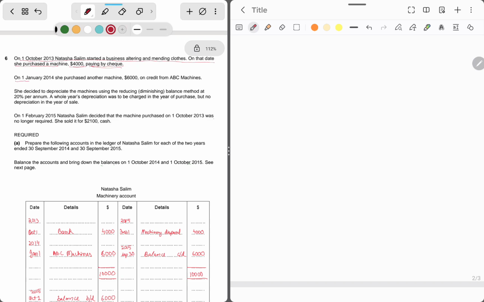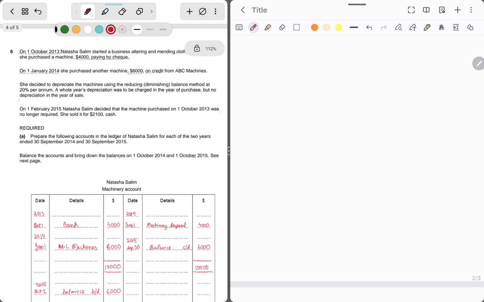Next, on 1 January 2014, she purchased another machinery, $6,000 on credit from ABC machine. Okay, so this was by check, and this purchase has been made on credit. Okay, so she decides to depreciate the machinery. Let me highlight the important points. Okay, this is the date, this is the purchase, this is the date, this is the amount of purchase on